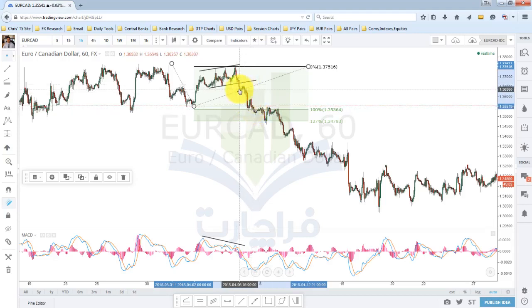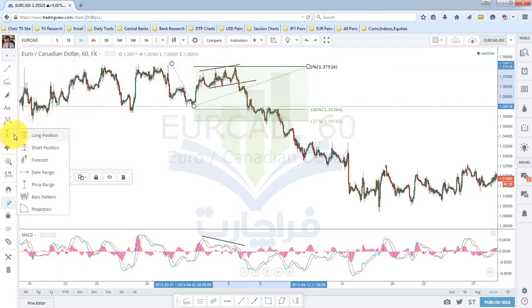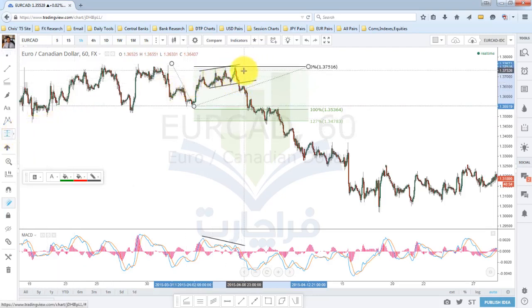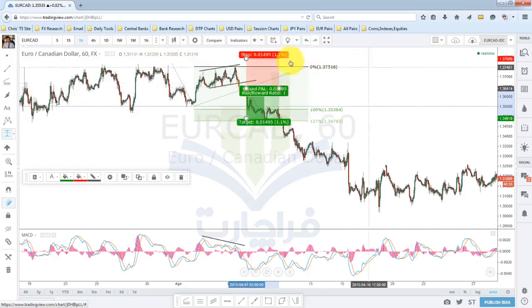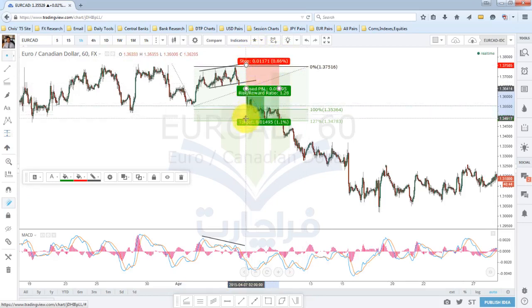Now, the most important thing you need to assess here is your entry with your stop loss. So you would want to make sure, if you're going to take a short position, depending on how you're opening it, especially if you're opening it down here, remember, your stop loss needs to be above the high. Okay, so your stop loss needs to be above this point here. And if your target